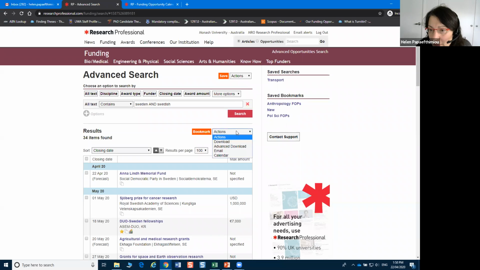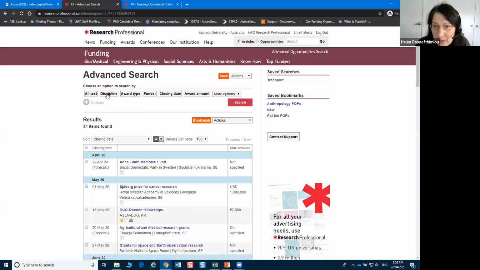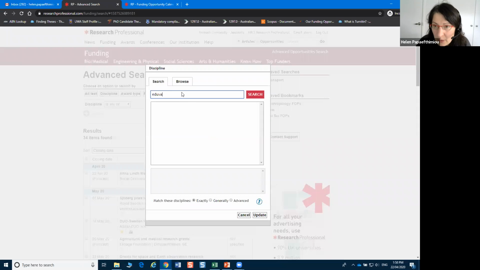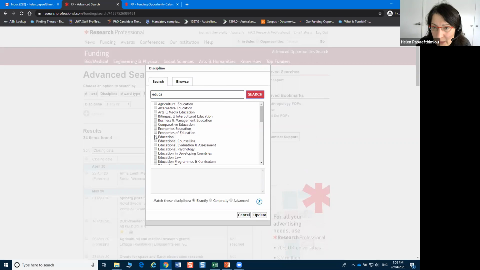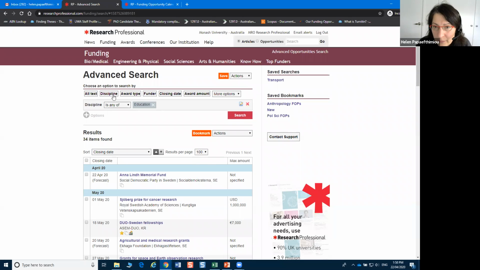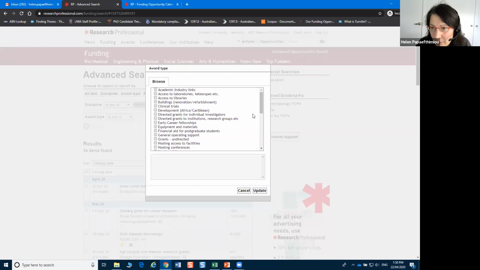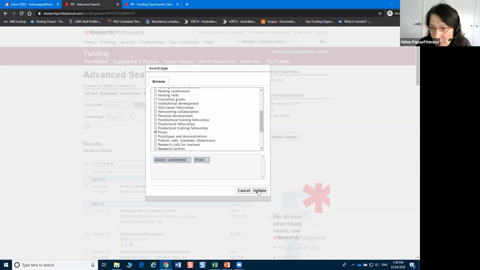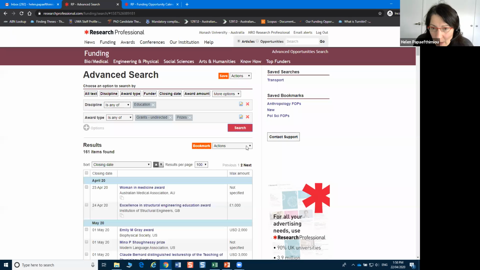So the other thing that we can do with our searches, let's just go back to here, and I've created a search for education, advanced, exact and narrower, and I'm looking for undirected grants and prizes, update search. Okay, so I've created this little search. I can also save it, if you hit this button up here,